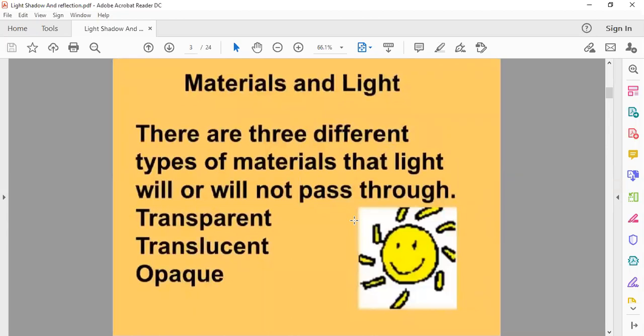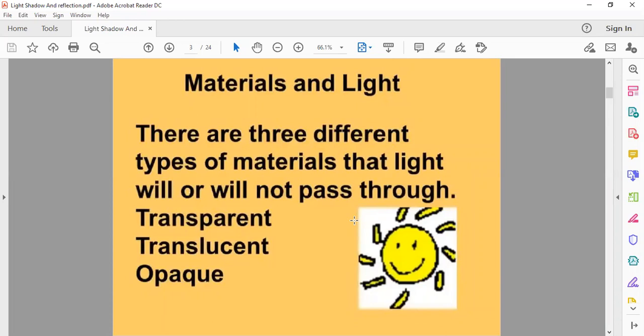Next, there are different types of materials, so there is a relationship between materials and light. There are three different types of materials, depending on whether light will or will not pass through them. On the basis of whether the light will pass through the objects or not, objects are grouped into three categories.